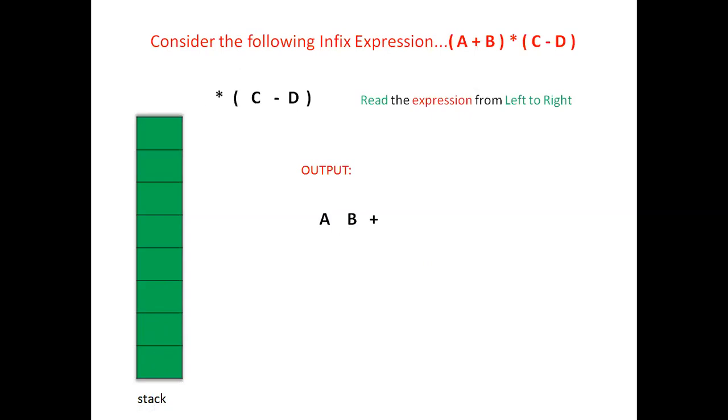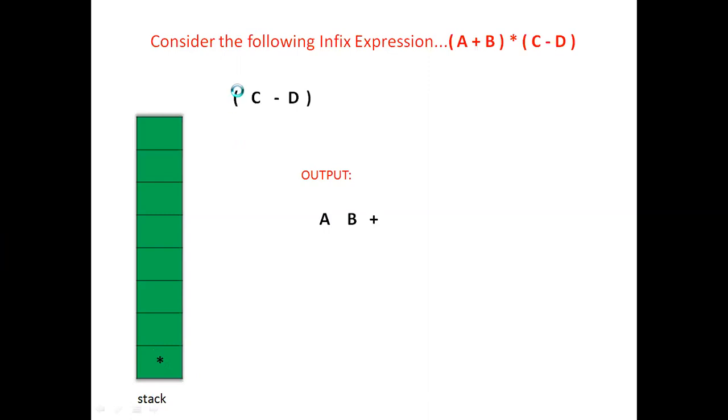So matching is completed. Now, our next expression symbol is an operator, that is the multiplication symbol. For this symbol I want to check the condition: top equals minus 1 here. According to step 5, top equals minus 1, so insert our operator into the stack, because there are no operators in the stack to compare with. That's why this operator is the first operator, and we can push it into the stack.